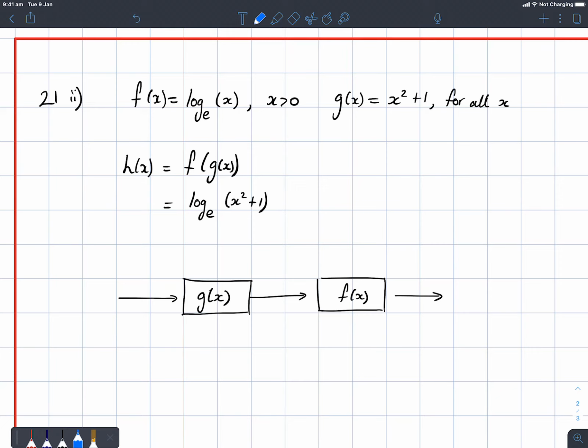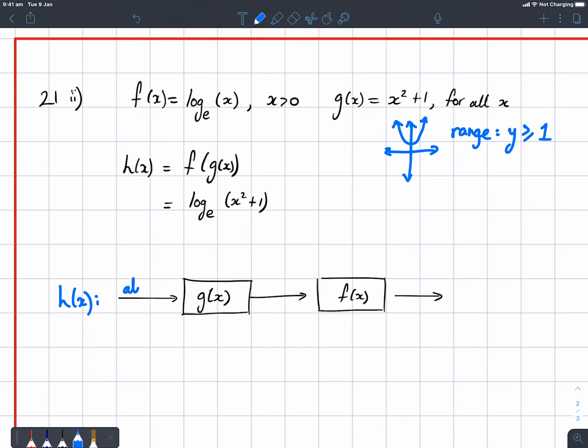And then g of x, well, it's just a parabola. It's a positive parabola that passes through 1 for all of x. So one thing I'm starting to think about g of x here is that its range is going to be y greater than or equal to positive 1. So that's the range of its outputs. And I can put any x in there. So when I start thinking about it as the composite function h of x,